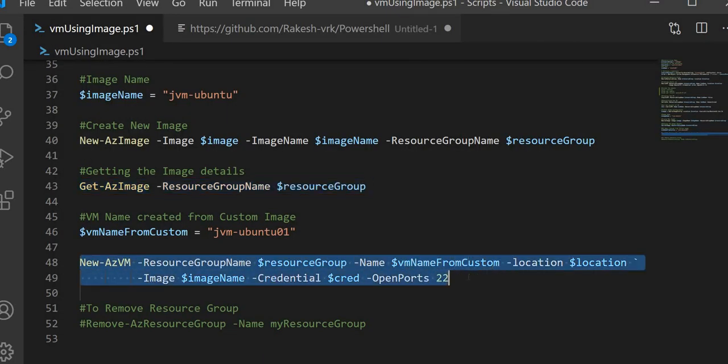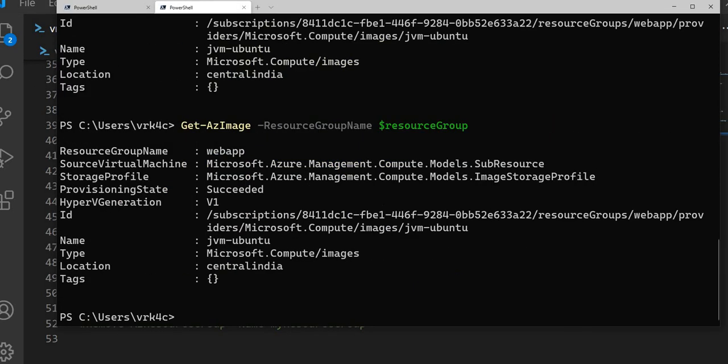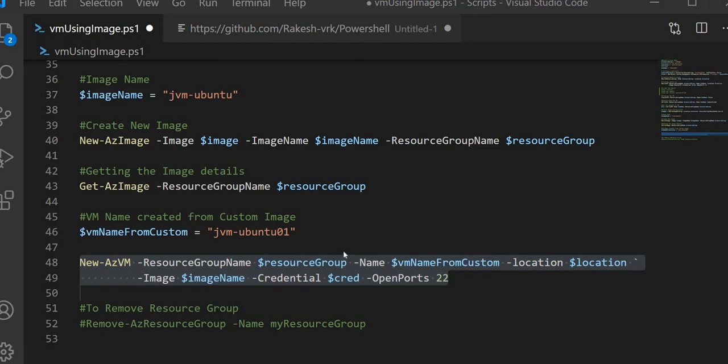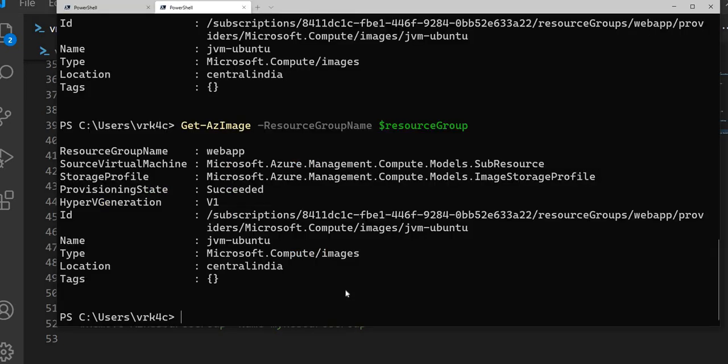So here let me create a new VM. Now I have to first mention the name of the VM which I want to create.